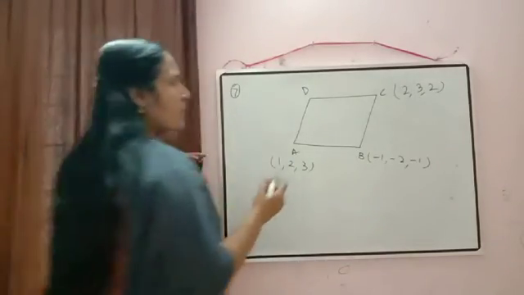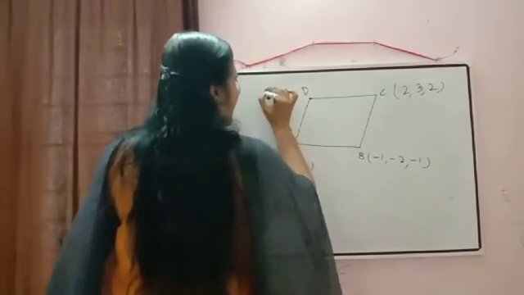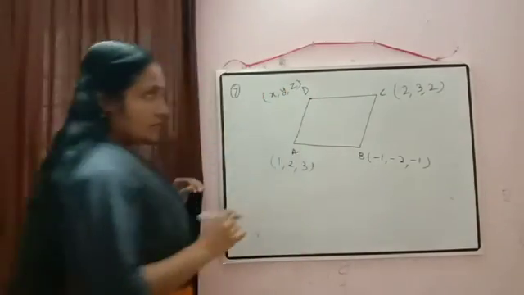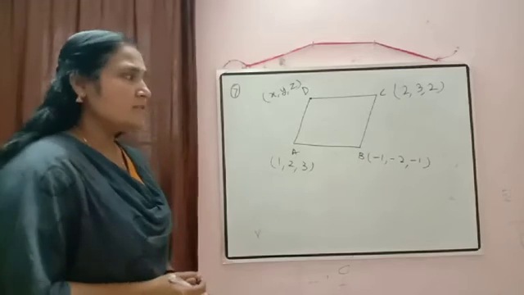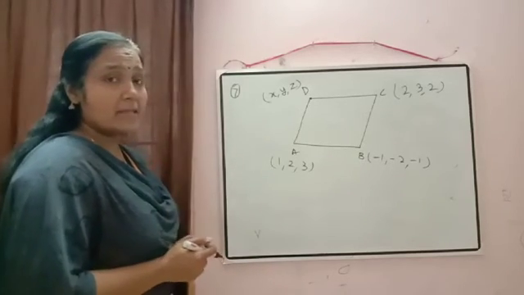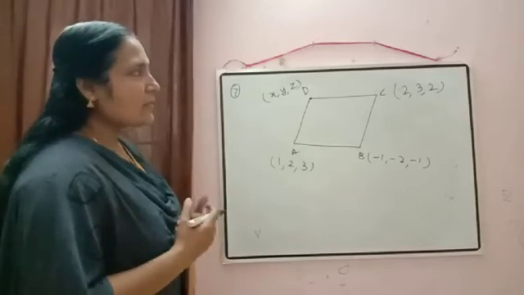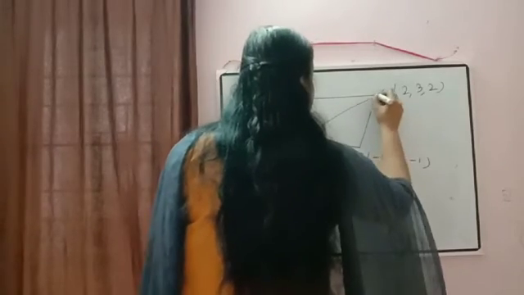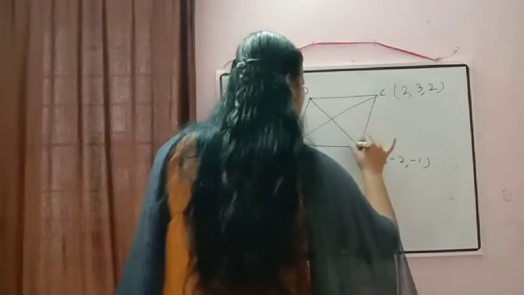So the coordinate of D we can take as X, Y, Z. If you are going to do it with the distance formula, so many steps will come and I don't know whether you will get the answer or not. To calculate this, an easy method is there. First we can join AC and BD, and the intersection point we can mark as O.